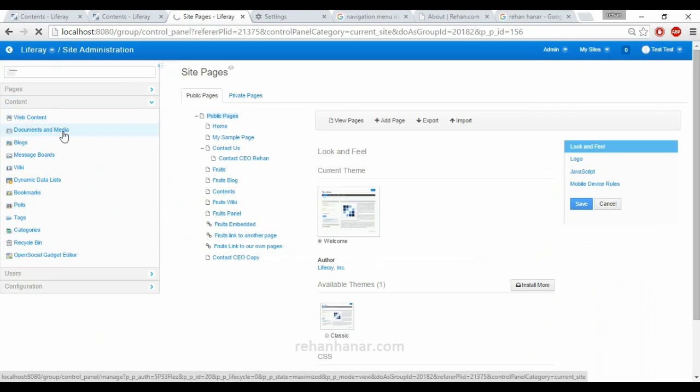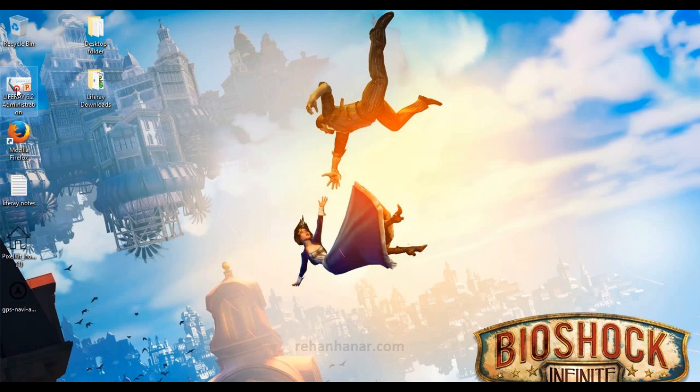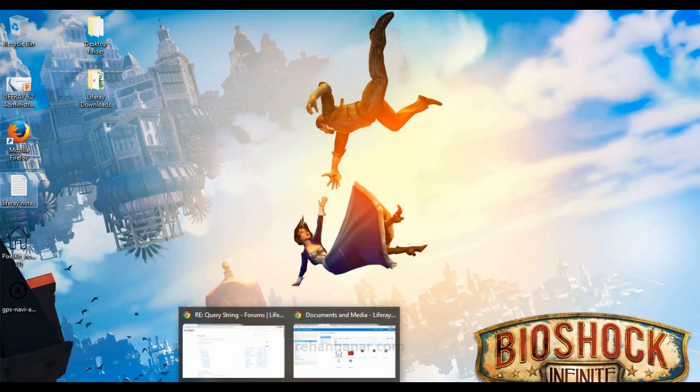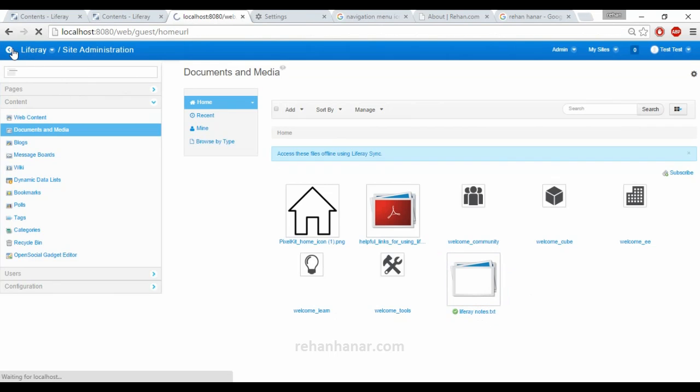Now we will see how we will administer the documents and media content. If you want to add images, documents and those things, you can just straight away drag and drop. Now I am going to drag and drop this Liferay file to this website. If you drag and drop, the content will get uploaded and it will be available. So if you go back,